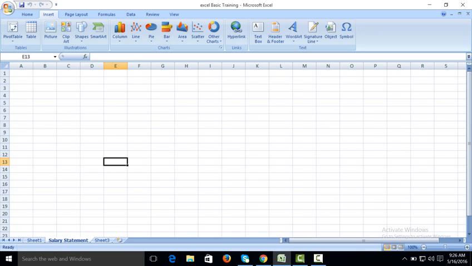How to create a salary statement in Excel? First of all, we will create the serial number, S dot number, employee ID, E for employee dash ID, employee name, designation, basic pay, house rent,